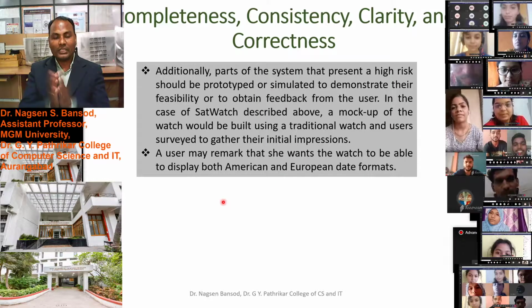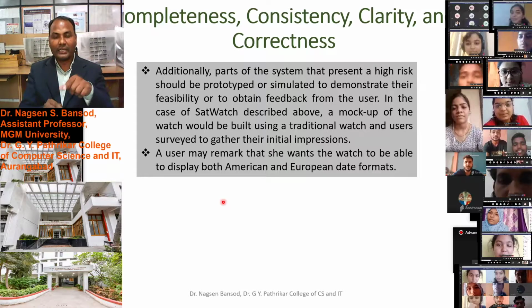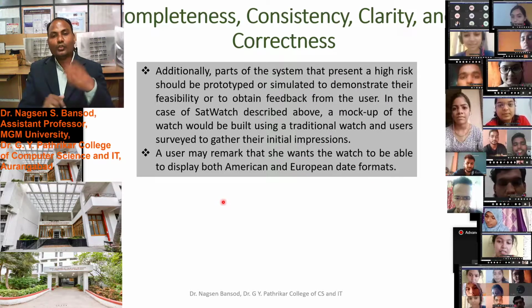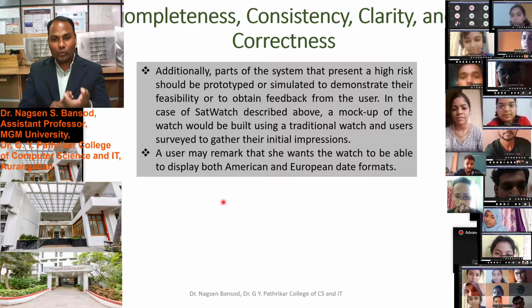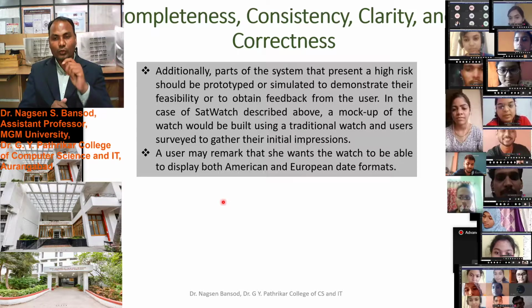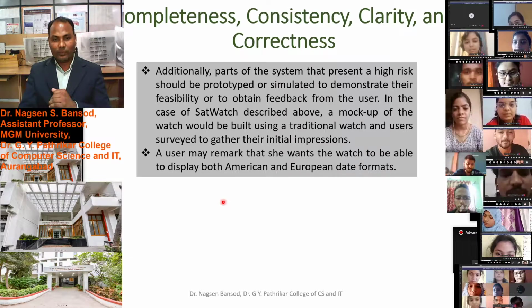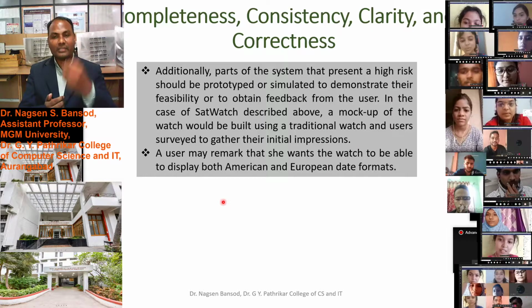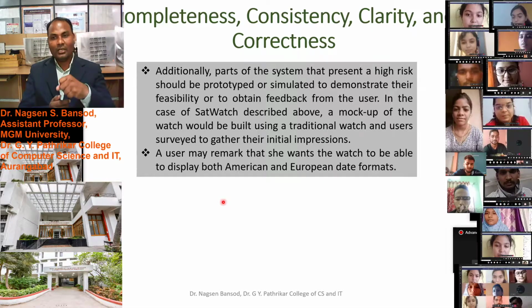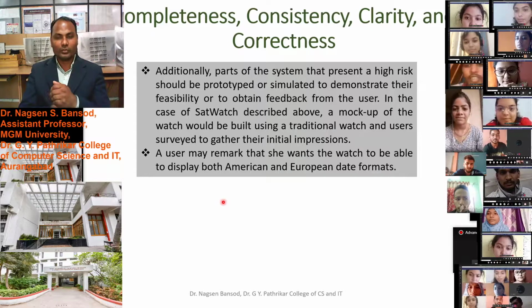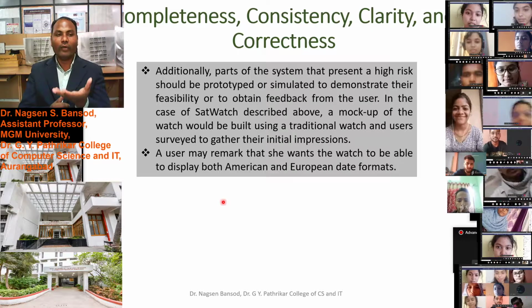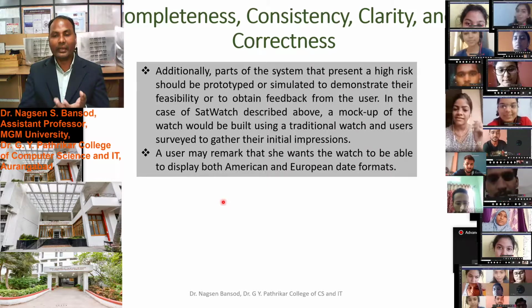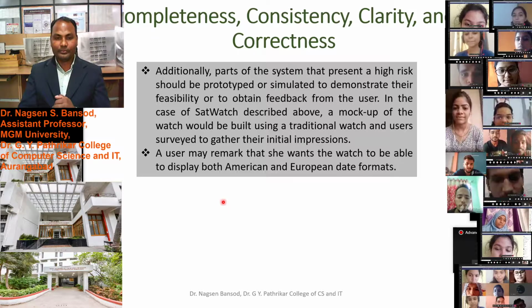Both pieces of information should be connected, that is consistency. And clarity: anyone should understand. Once you have developed the software, it should be understandable to anybody. Suppose you are a simple watch user, you will understand the SatWatch functions. You will use the SatWatch easily because that watch has a clear design and clear implementation. That watch is clearly developed.